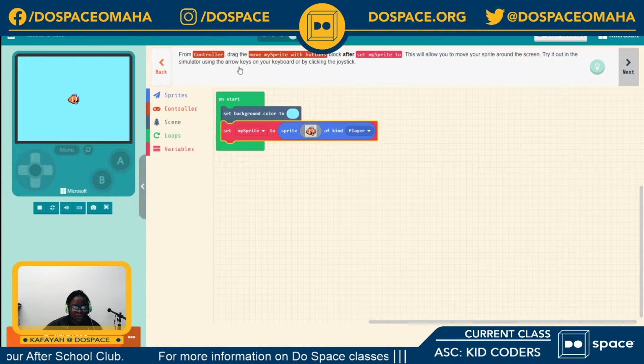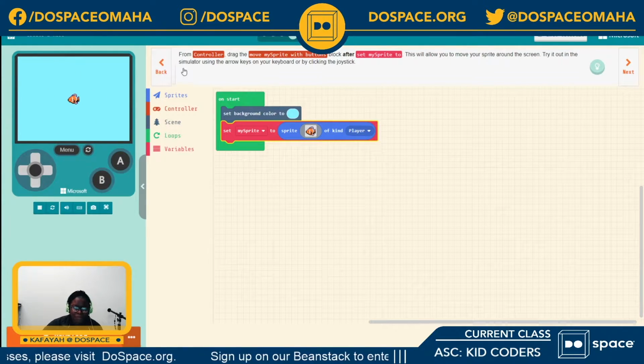So now the instruction says from controller, drag the move my sprite with buttons block after set my sprite to. This will allow you to move your sprite around the screen. Try it out in the simulator, this right here, using the arrow keys on your keyboard or by clicking the joystick right here.